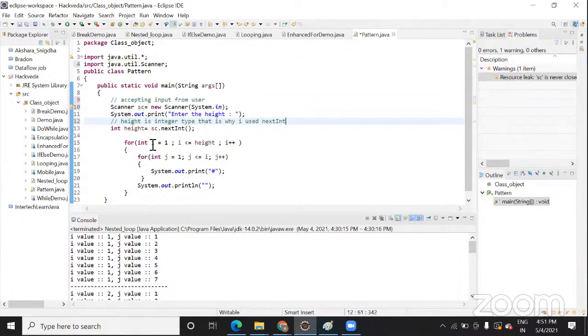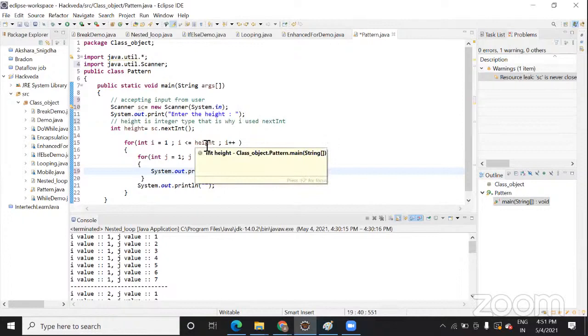Now here, once you get this value, here you will do the same operation. And here, let's take a pattern. Now how the flow is: suppose height value you take is 5. So 1 is less than 5, condition true.